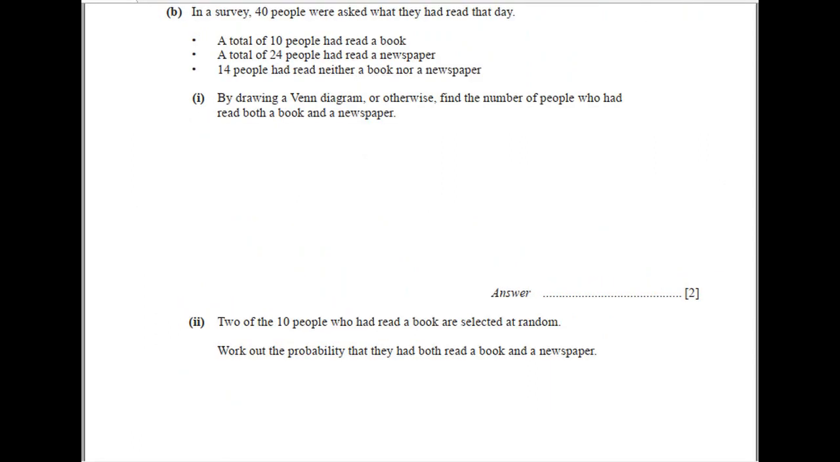Part B. In a survey, 40 people were asked what they had read that day. A total of 10 people had read a book, a total of 24 people had read a newspaper, 14 people had read neither a book nor a newspaper. By drawing a Venn diagram or otherwise, find the number of people who had read both a book and a newspaper. So if I make a Venn diagram,